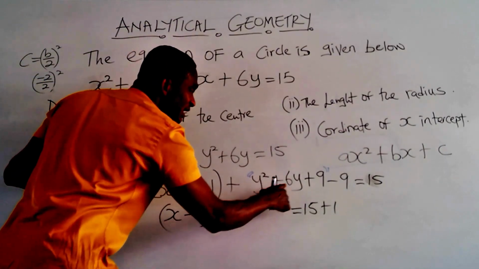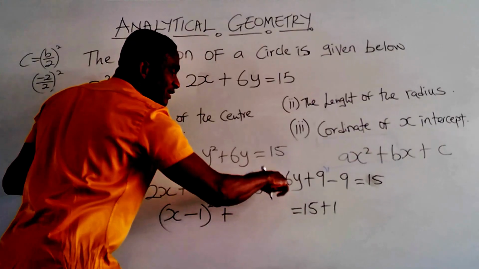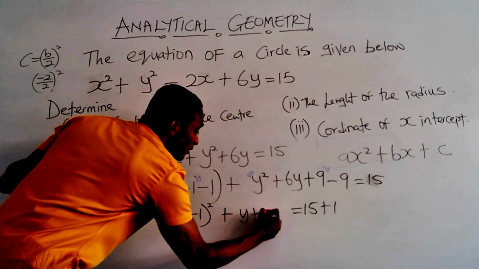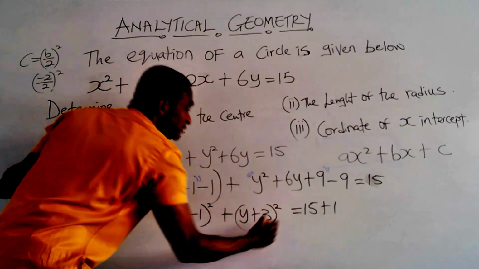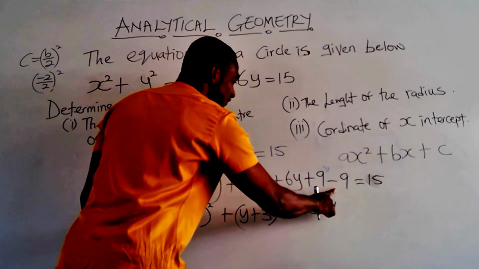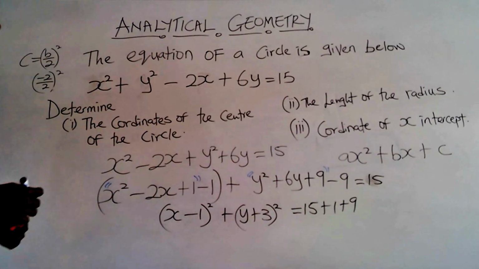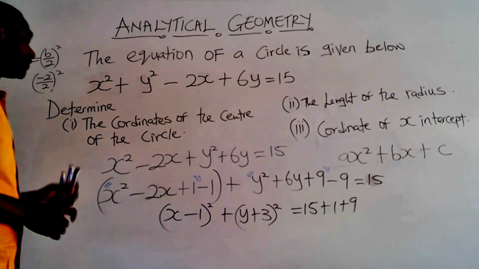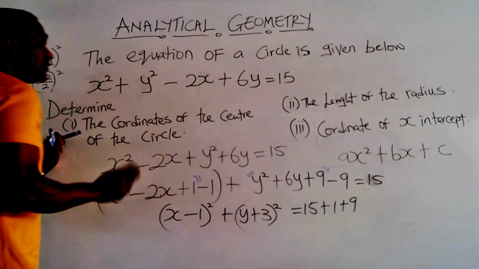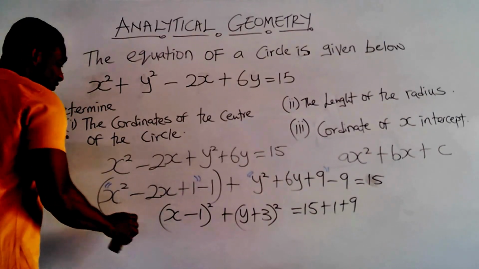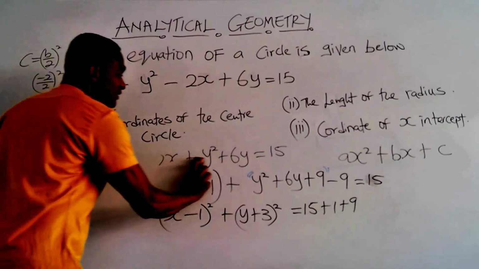Plus, the same here, this is y plus 3, so I have y plus 3 all squared, and then the negative 9 goes over and becomes positive 9. So this gives us the equation of the graph. We are looking for the coordinate of the function. So the equation of the graph here